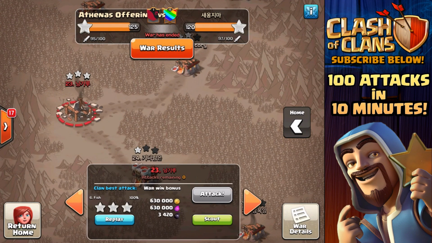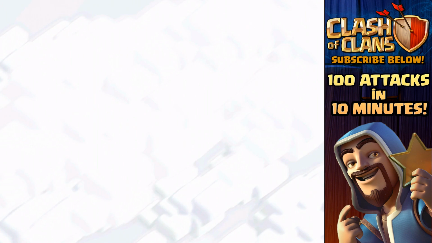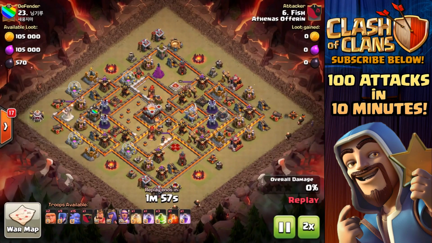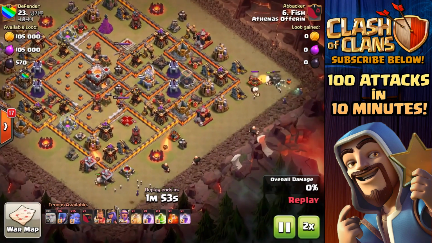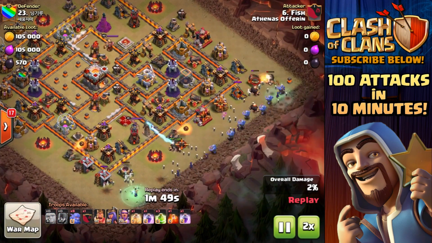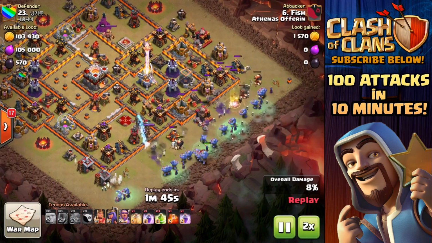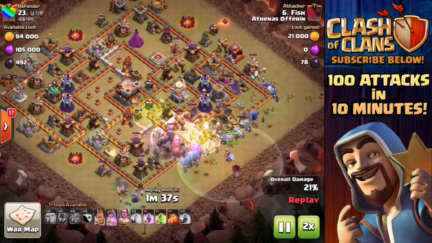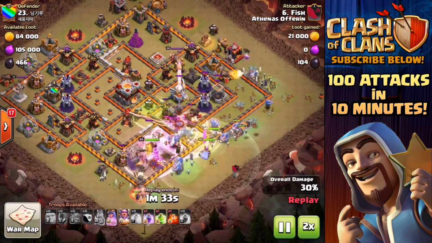And just when you think we're done, guys, no, we have another Town Hall 11 triple. Absolutely crushing it. No wonder we pulled this war back and snatched the victory in the last 10 minutes. Coming at this base is Fish, using the Ballers and Witches, another very popular strategy. Check out the spread he gets on this base, and it's a beautiful base in order to do this strategy,